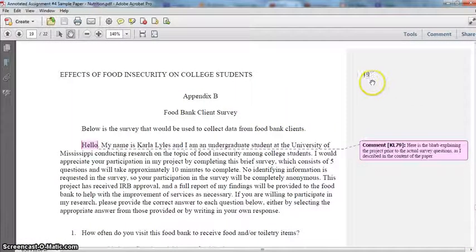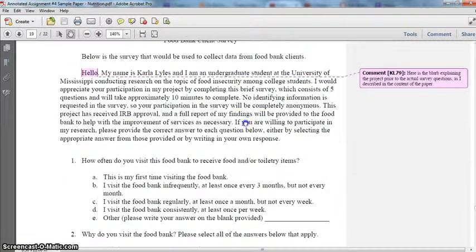Appendix B starts on page 19, so of course it's the references page, then Appendix A, and then Appendix B. You can see the formatting is the same as what you noticed before for Appendix A in terms of labeling of the appendix, double space below that, a descriptor to indicate what is included in the appendix. And then I have a sentence explaining what the content is below, and then I have what would be the actual survey. And so here is the introduction blurb that identifies who I am.